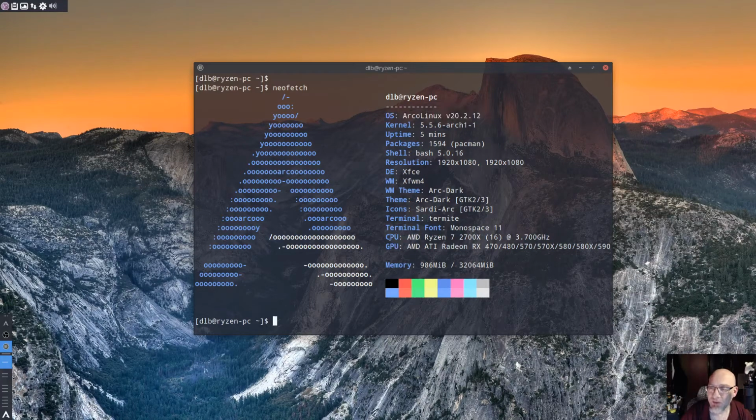Part of my issue was that here's my CPU, GPU. So my GPU is a 580. I think it might be the 580X. But I'm on a Ryzen 7 2700. And the problem I was having is a problem that I guess a bunch of people are having on different distributions, where when I try to record anything at 1080p, 60 frames per second, I'd get the memory overflow error and OBS would just crash.